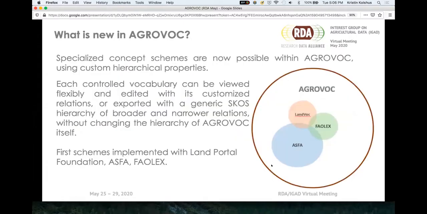So what is new? This is the new part. So we now have the option of having specialized concept schemes within AGROVOC. A year ago we talked about it, now we're actually doing it. That means that we can incorporate other controlled vocabularies. They can be part of AGROVOC, but also be managed separately. And we have the first ones coming in, and we wanted to give a special shout out to LandVoc, the Land Portal Foundation. They just went live with their new hierarchy 2 weeks ago, I think,